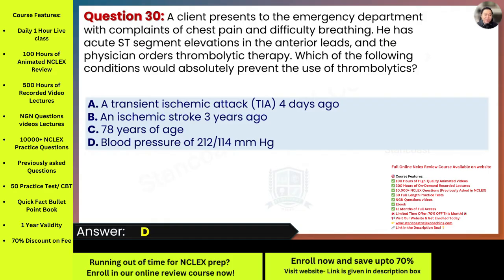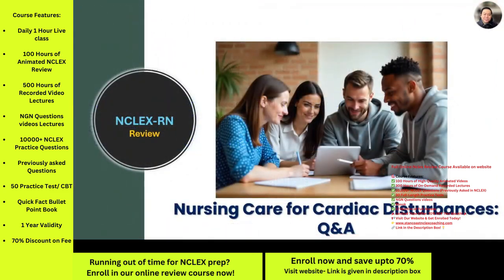So the key strategy to answering this question is to identify the absolute contraindication. Again, pointing to our option, letter D. You can modify this by treating it with antihypertensives. And so,